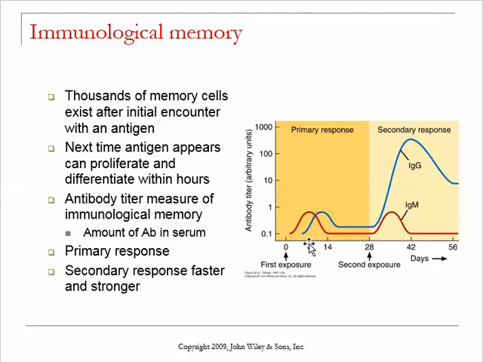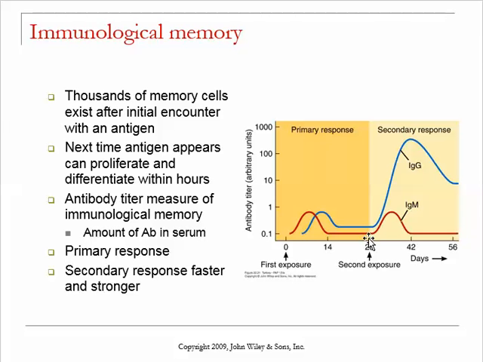But if you get a second exposure, these memory cells, there are a lot more of them. So what happens is the response comes sooner. The first meeting between a naive B cell and the antigen is more likely to happen. And when it happens, there's more of them to do it, and so there's more of them to clone, so you end up with way more clones,